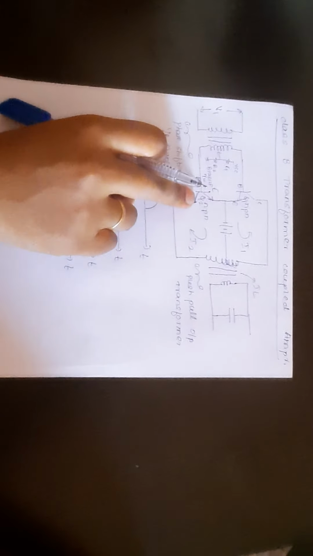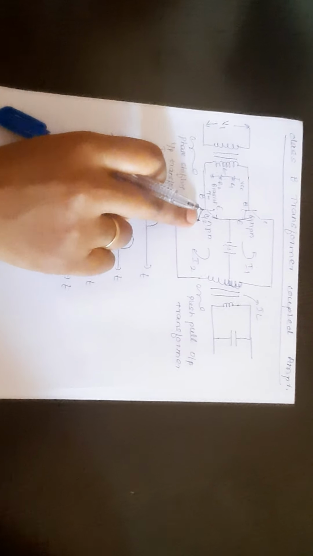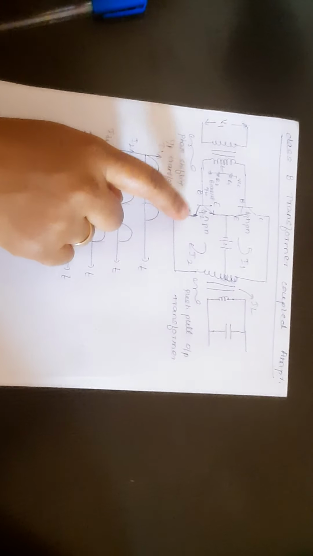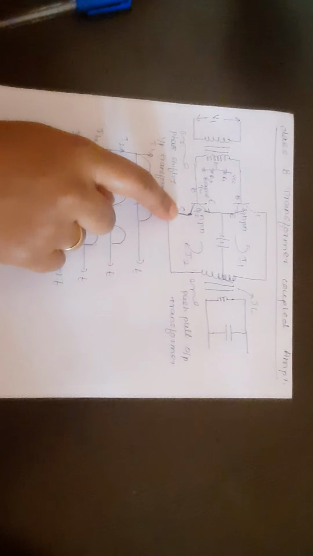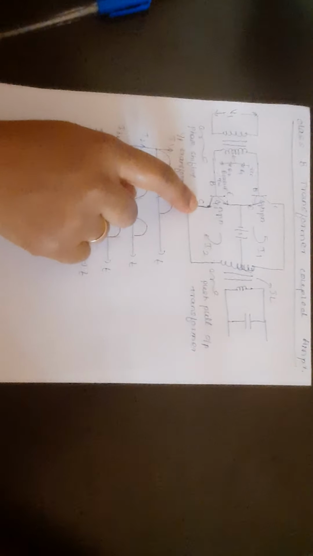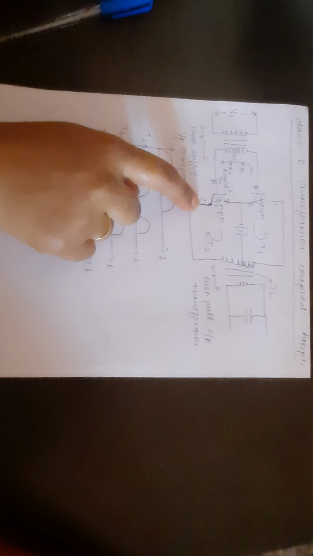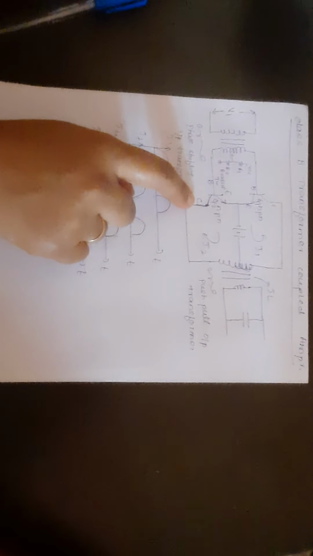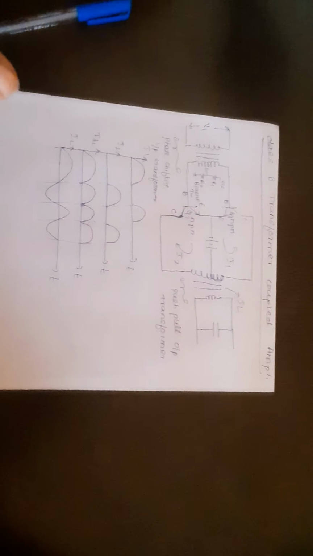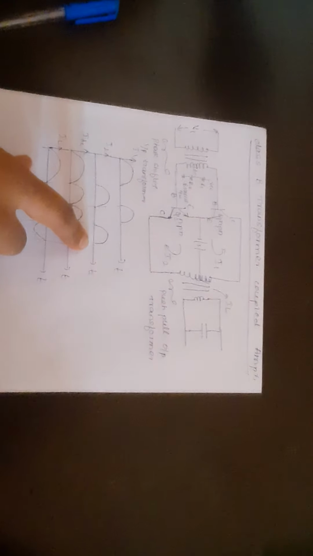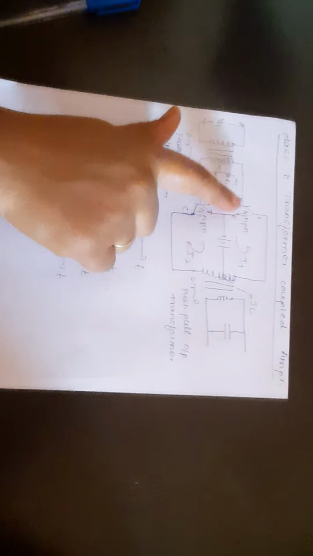To get the output signal for the complete cycle of the input, two transistors are connected in the push-pull configuration. I'll repeat once again. In the Class B amplifier, there is a problem that we have an output only from 0 to 180 degree, only for the half of the input signal. From 180 to 360, no output. So, to get the output signal for the complete cycle of the input signal, for positive and negative both, two transistors are connected in the push-pull configuration.